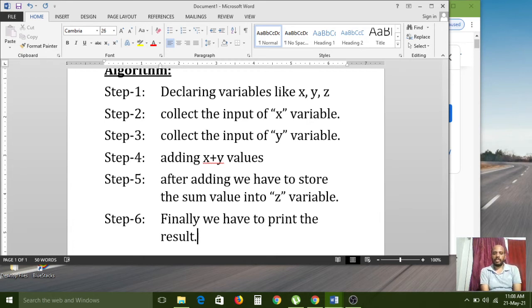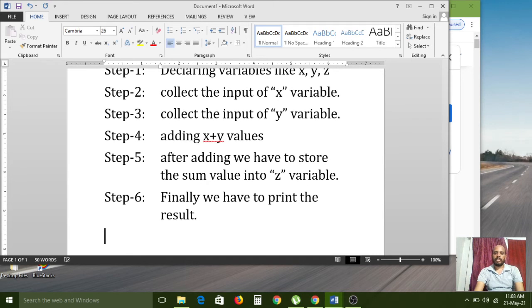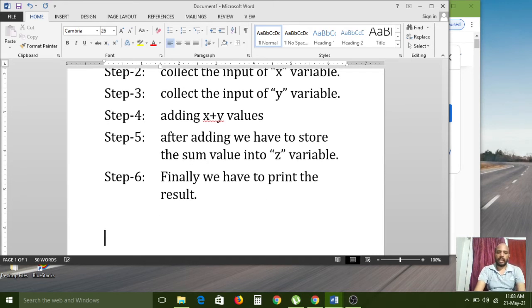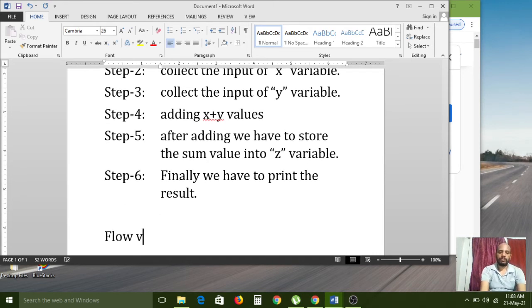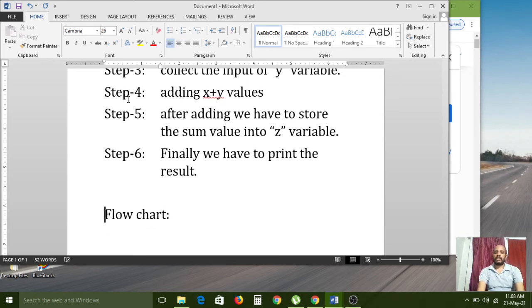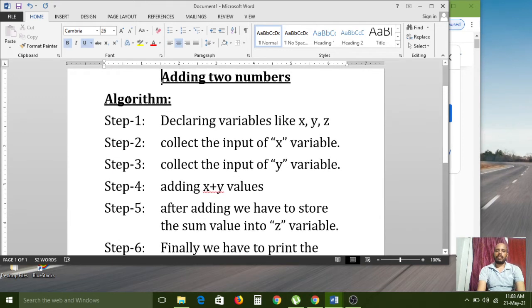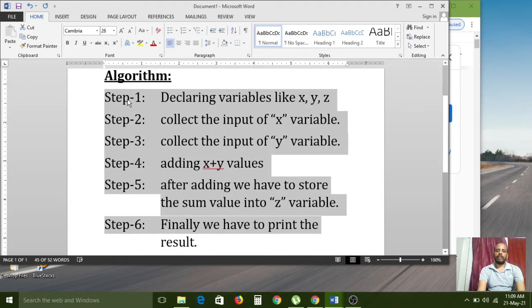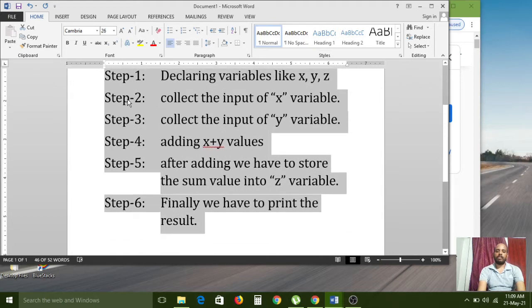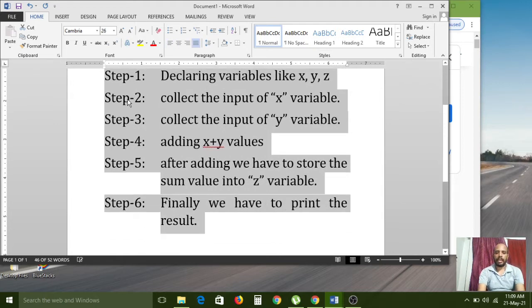Algorithm completed. And next, we have to develop flowcharts. Flowchart means step by step. In the algorithm, whatever program code we have, we mention in word format, in sentence format. Am I correct or not?